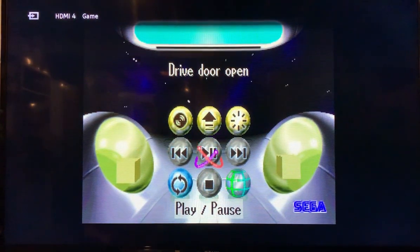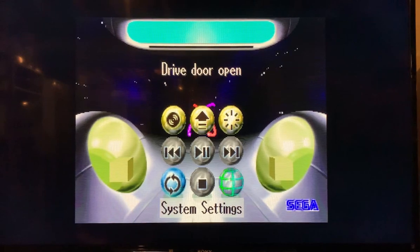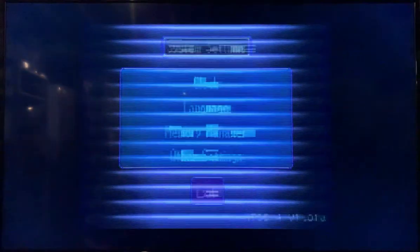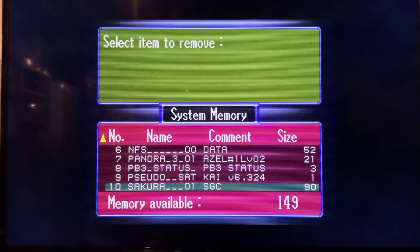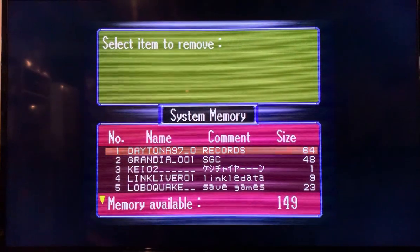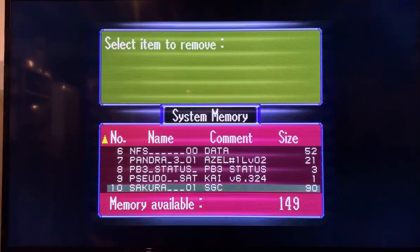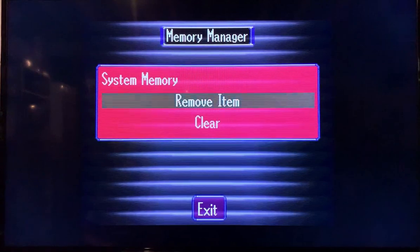Okay, so I have the save game copier copied to my Satiator, and real quick here I'm just going to take a look at the internal memory through the BIOS memory manager. And as you can see here, I've got my save files, and this is all the files that I have on my machine here, and you can tell I don't have any Dracula X files. So I am going to back out,